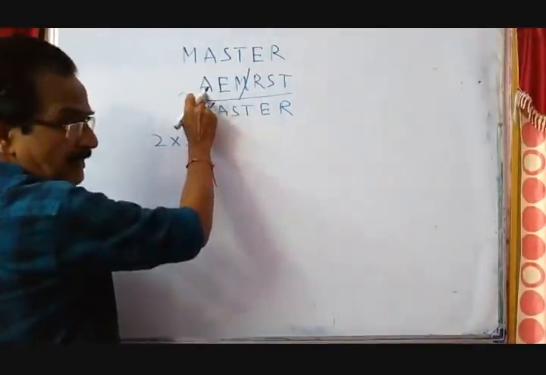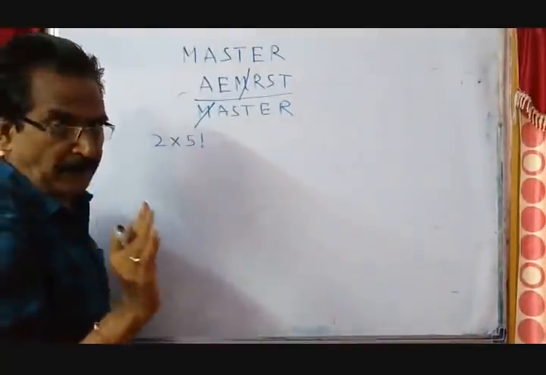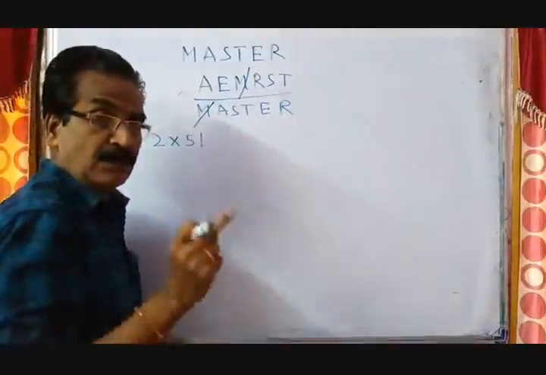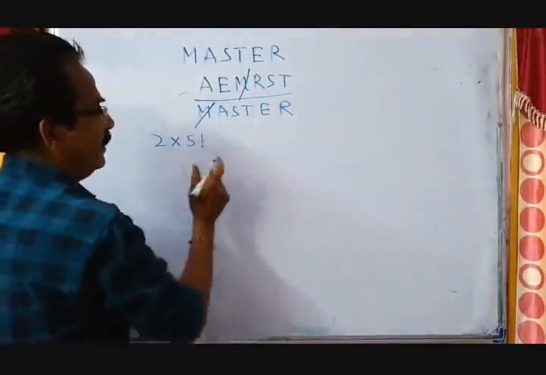Here only 2 letters are remaining, only 2, not 2 factorial. Here 5 letters are remaining, so that is to be taken as 5 factorial plus,